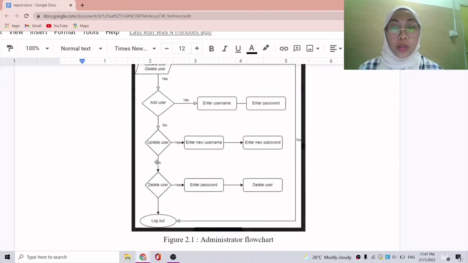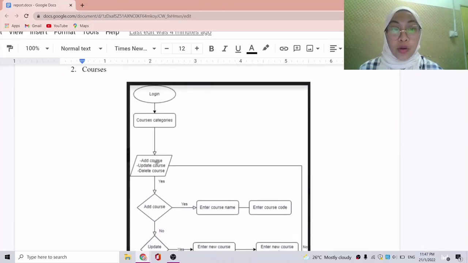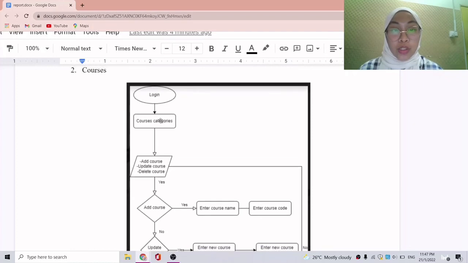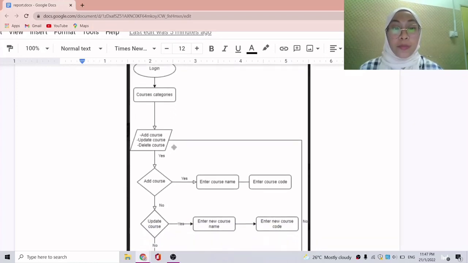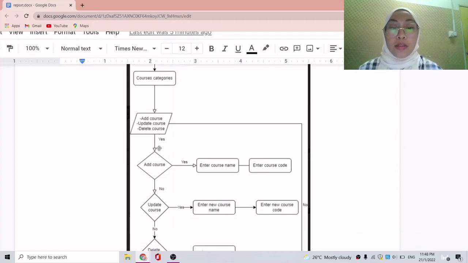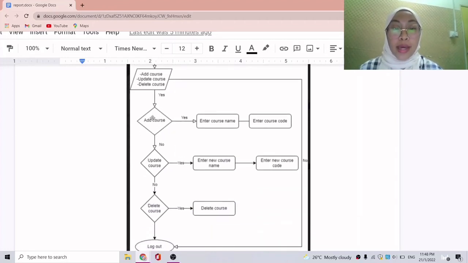then proceed to log out. Next, for courses, first log in and then go to course categories. First, add course. Second, they can update course, then they can delete course. At add course, they can enter the course name and enter the course code.